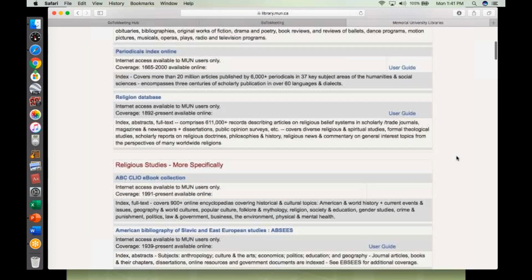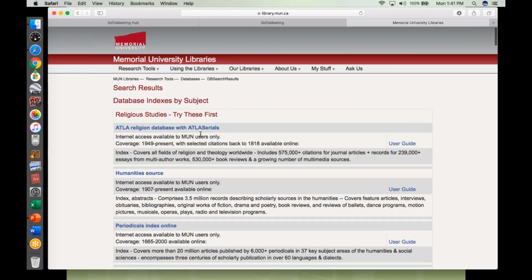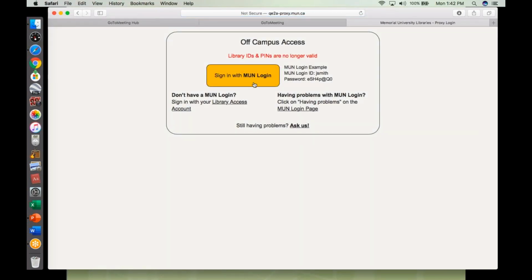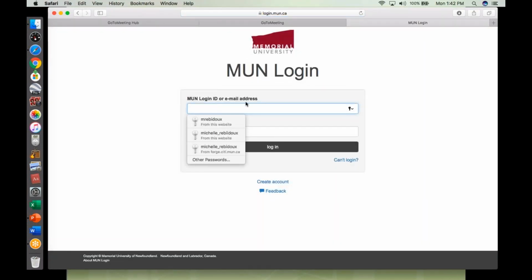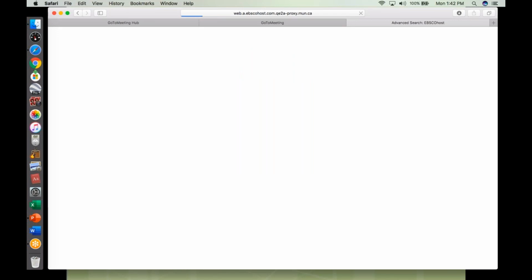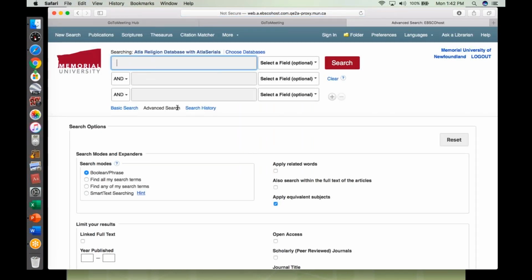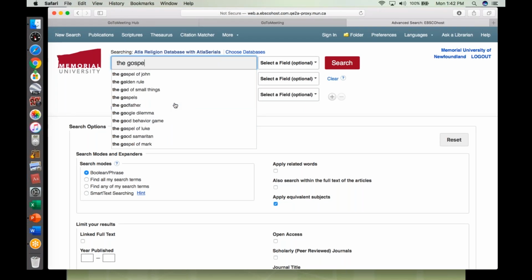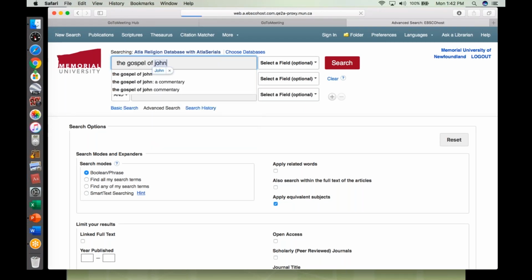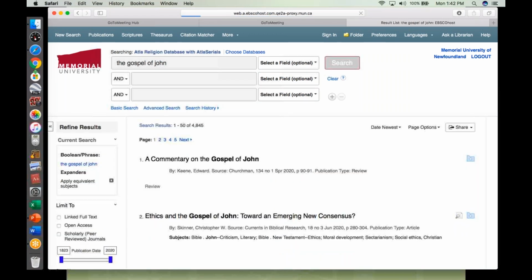So go into any one of them. Let's just go to the very first one. Religion database covers all fields of religion and theology worldwide, including 575,000 citations for journals, et cetera, et cetera. And now you will have to sign in with your MUN login here. And then, okay, let's look it up again. The Gospel of John, right? And let's see. And I mean, it just comes up,